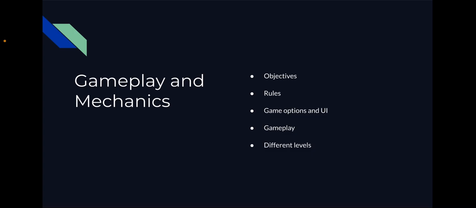The first sub-level is going to focus on riddle challenges. The second sub-level will focus on coordination challenges, and the third sub-level will focus on fighting challenges. The fourth sub-level is going to focus on memory challenges. So that's kind of the 4 types of sub-levels that we're going to have and the types of challenges that we're going to have in them. And that's kind of the different levels.